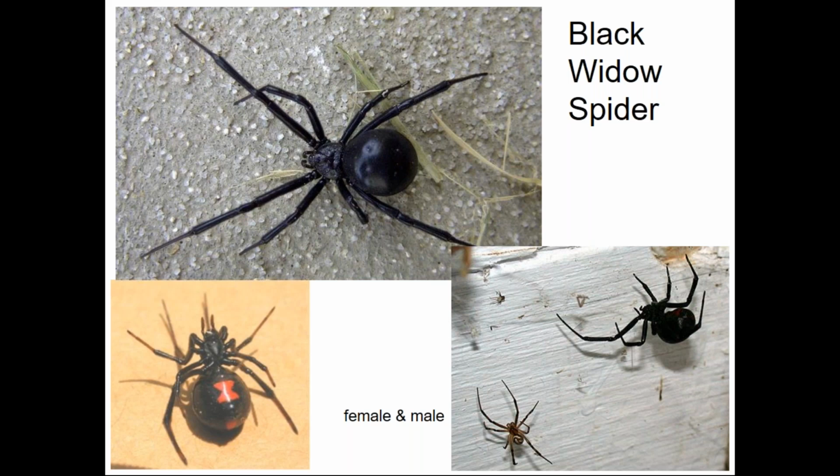You've probably seen the females. They're pretty conspicuous, the red hourglass on the underside of their abdomen. The males, though, as you can see in the lower right, are a little less obvious. They're smaller, they're brownish with a little pattern on their abdomen,